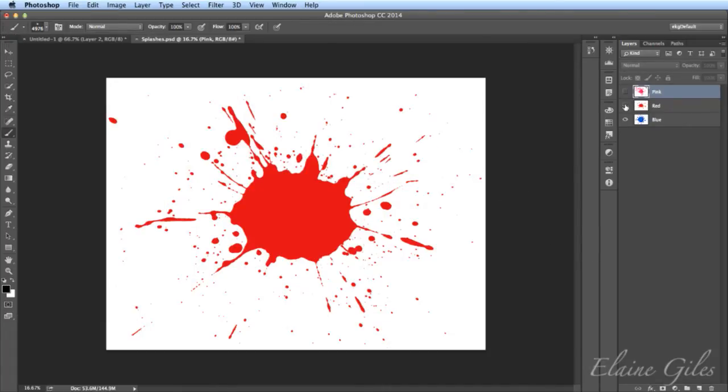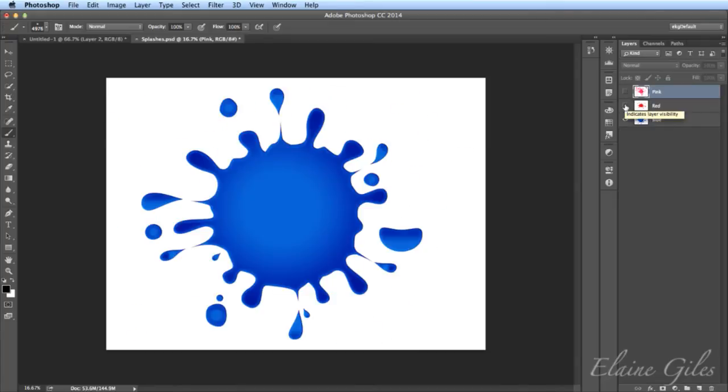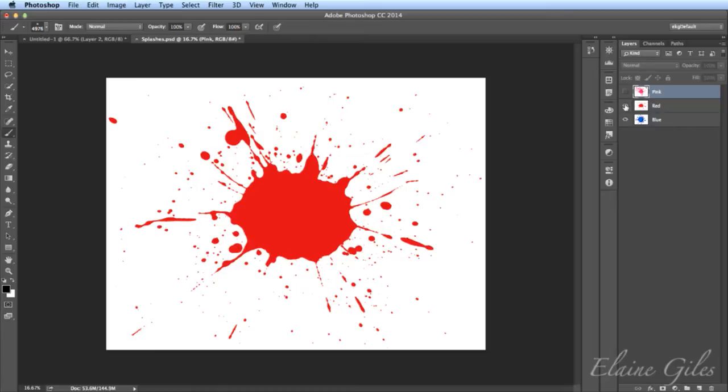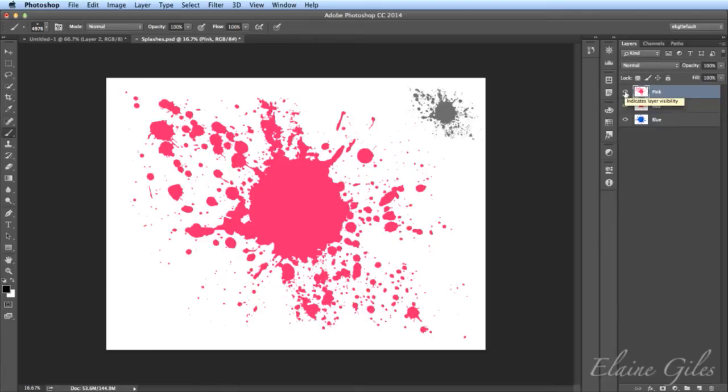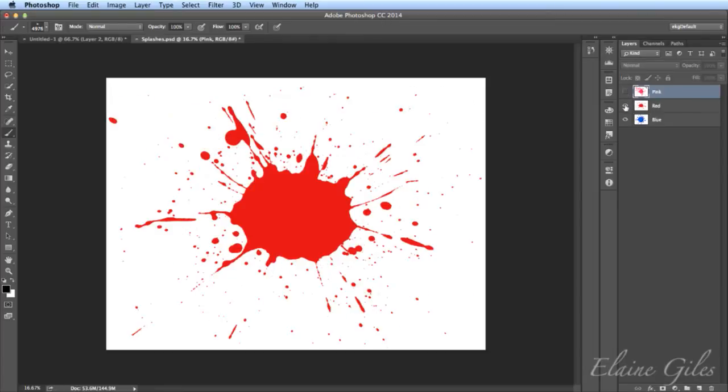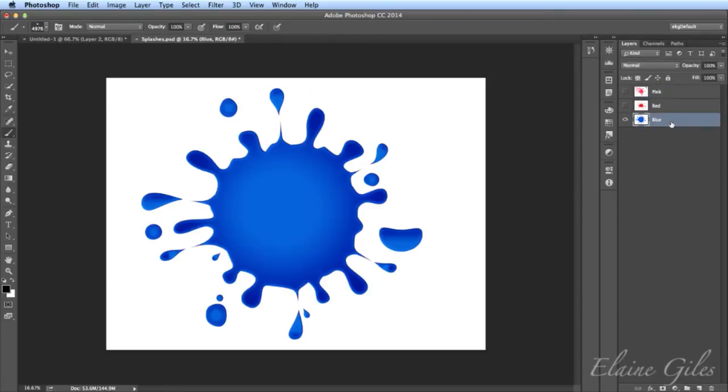Which is the blue one. Now, can anybody spot, if you're in the live chat, anybody spot a big difference between the pink and the red compared to the blue? Anybody got any idea? And I don't mean the shape of it. Anybody spot anything that's slightly different? I'll put the red one back and then the pink one back so you can have a look at it. But there is a bit of a difference between them. So let's turn those off and have a look at that blue one. Let's concentrate on that blue one.